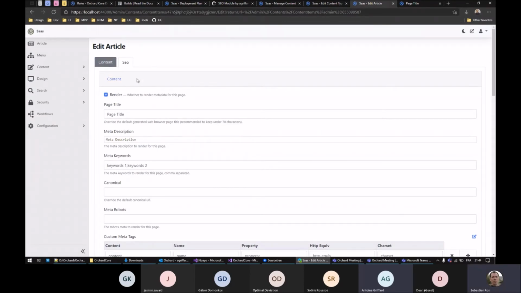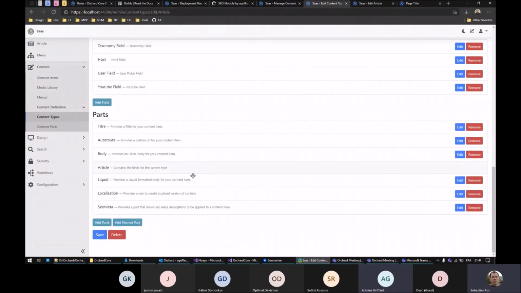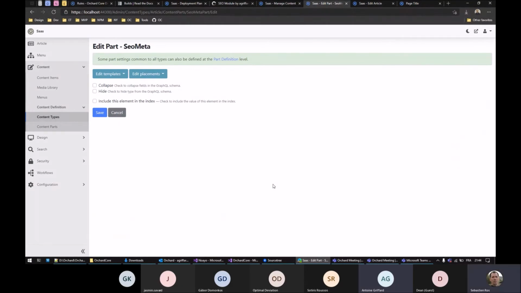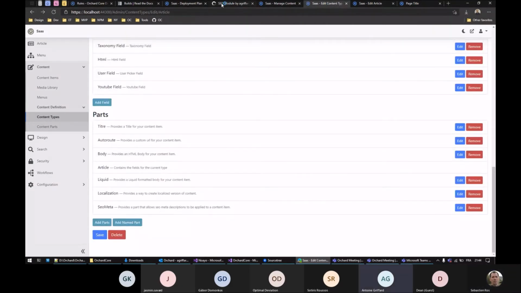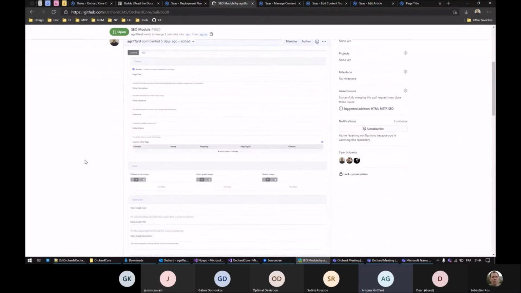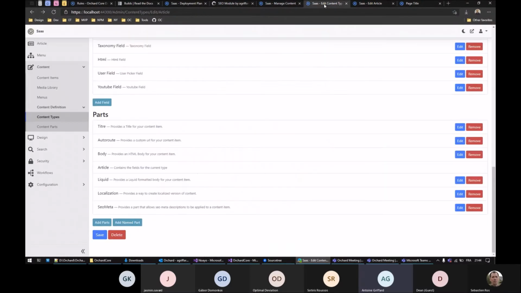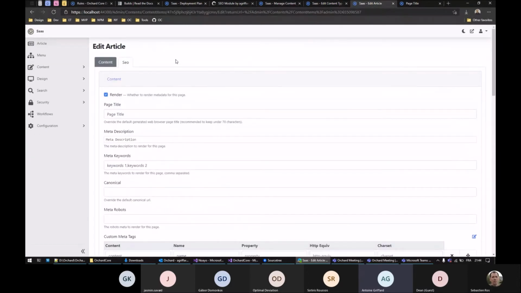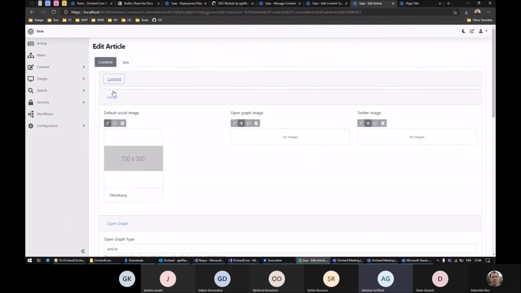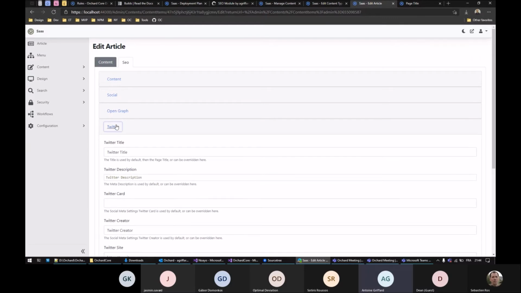Are there any options in the meta part? Not yet. No. Okay. But we will talk about it after, because Seth made a few suggestions to improve it, to take some features from the module, the PR he tried to make a few months ago. But right now there is no settings, and there are those